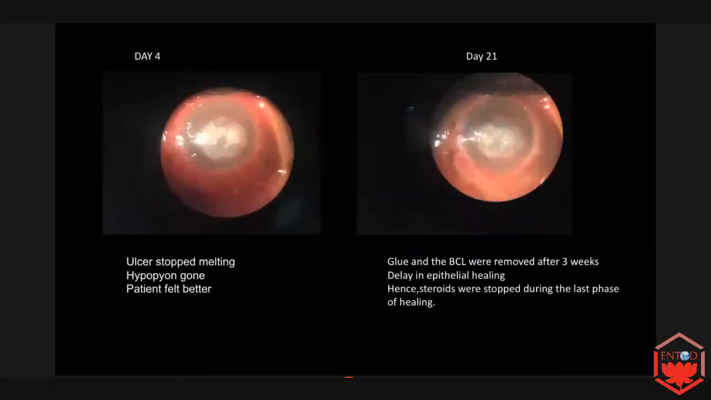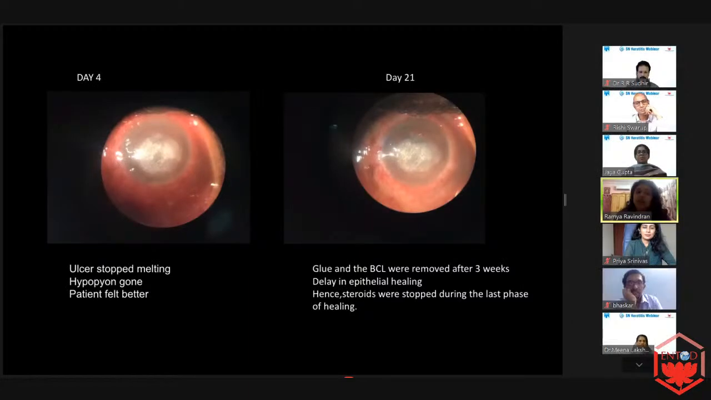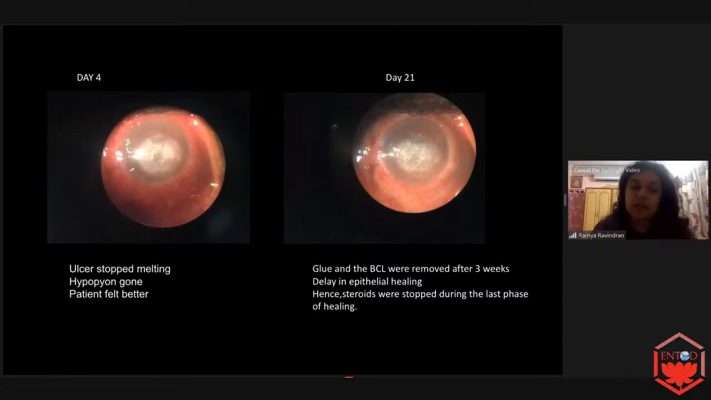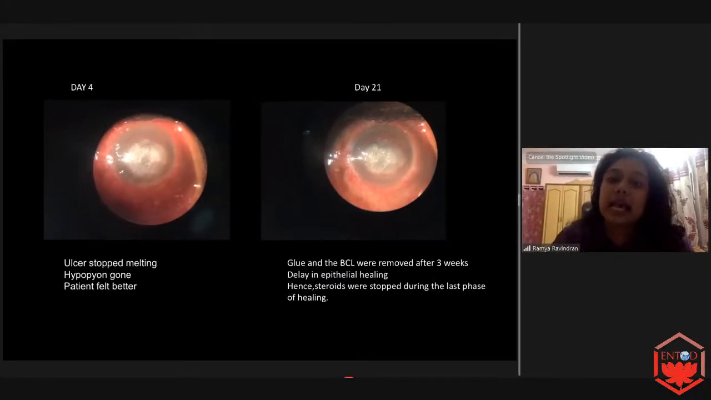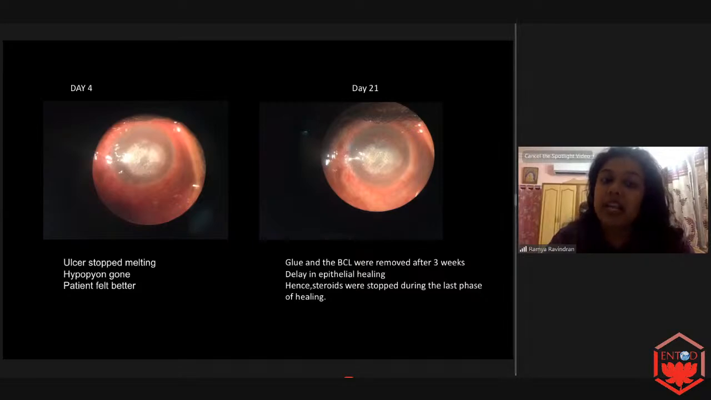So 24 hours after I had started the steroids and used the cyanoacrylate glue, the hypopyon was gone. The ulcer had stopped melting because the glue was very much in place. The patient felt so much better. So I was quite happy, and I continued the steroids and tapered the steroids, while he was continuously on